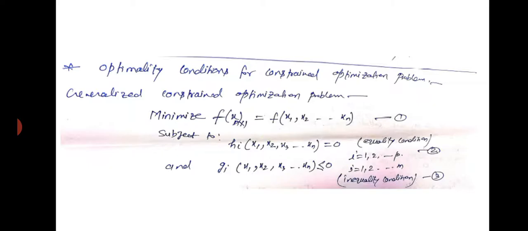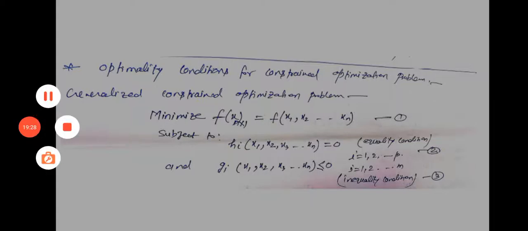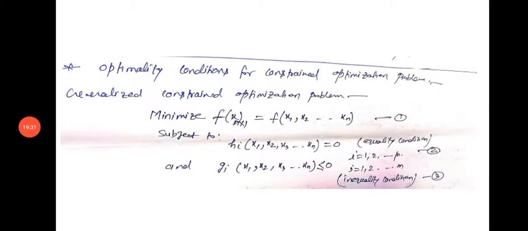In the next hour, I will touch on this problem also. I will not go into the details, but one of the techniques I will discuss is the Lagrange multiplier, which is in your syllabus. So, the optimality condition for the generalized constrained optimization problem. The difference between constrained and unconstrained optimization problems is like this. So can we start this as the next lecture, as a constrained optimization problem, so that you can understand better and the video is more precise?